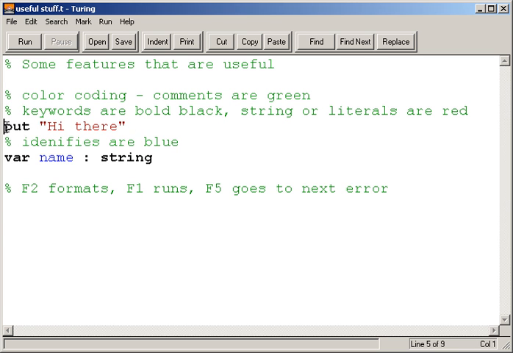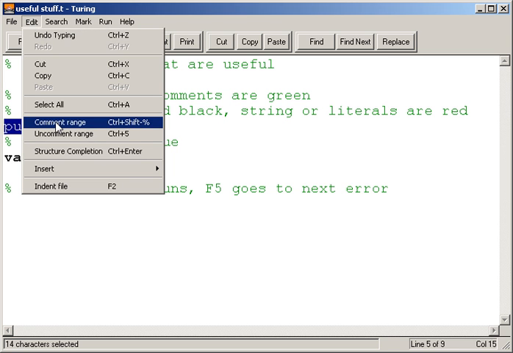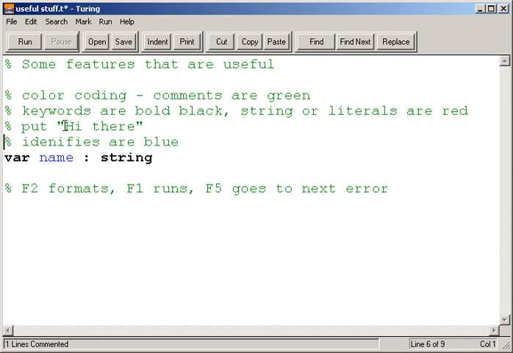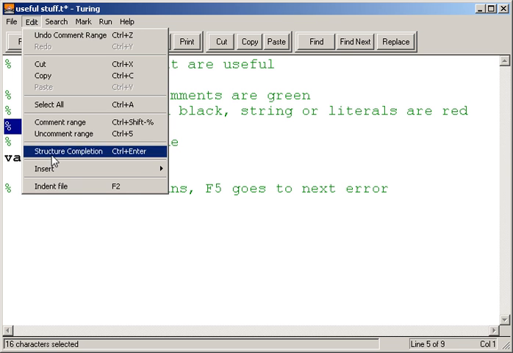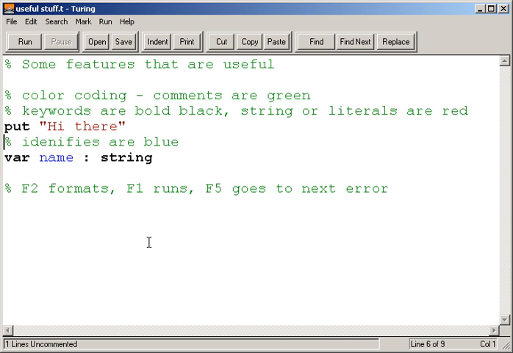If you highlight it and then go to Edit and then click on Comment Range, that'll turn that into a comment. Everything that you highlight goes into a comment. And if I want to get that back, I can highlight it again, hit Edit, and then uncomment that range, and that turns it back into regular code. Okay? So that should be enough to get you started here. So we'll end it